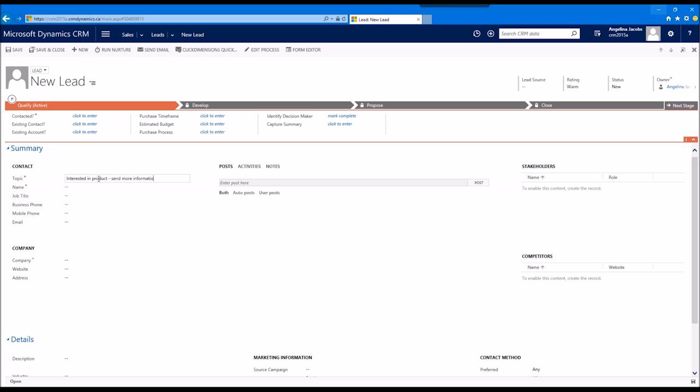And then maybe they just ask for more information. So it's just a quick description of your lead here. The name is the actual name of the person that you've spoken to or who this lead is about. So let's say I spoke to Lisa, first name, and Daniels with their last name. Done. You can put in additional details, like if you know her job title, her business phone number, mobile phone,